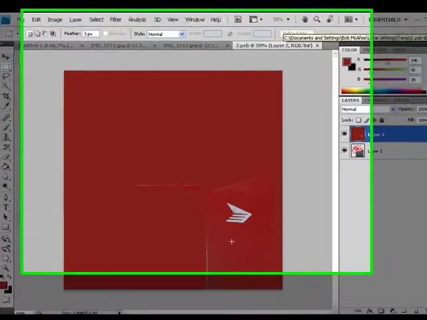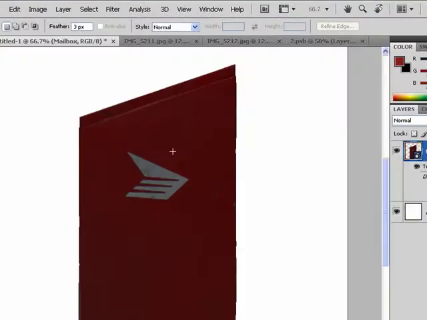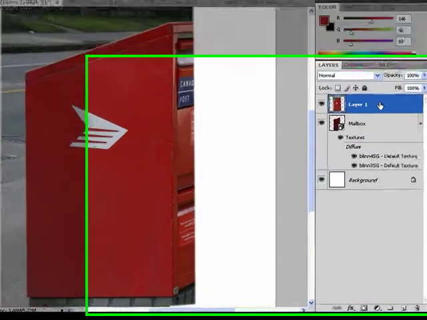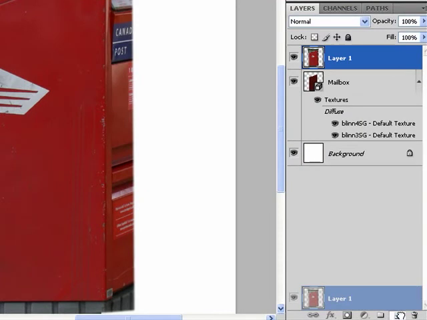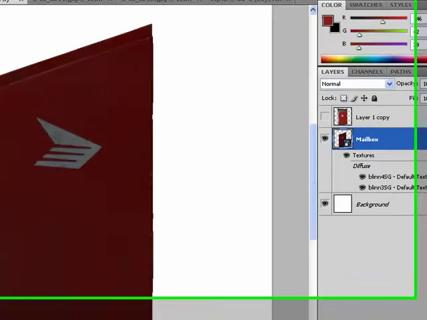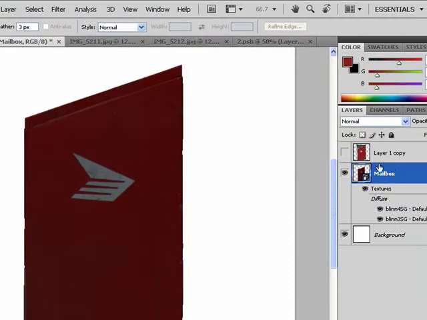So I'm going to go back and I'm going to do the other side. Actually, before I collapse, let's just go and copy this whole thing here. I'm just going to go in and make a duplicate of this. And we'll try it again. So I take this, Control E, it's collapsed. Great. And then I'm going to go in and take the mailbox and I'm going to flip it to the